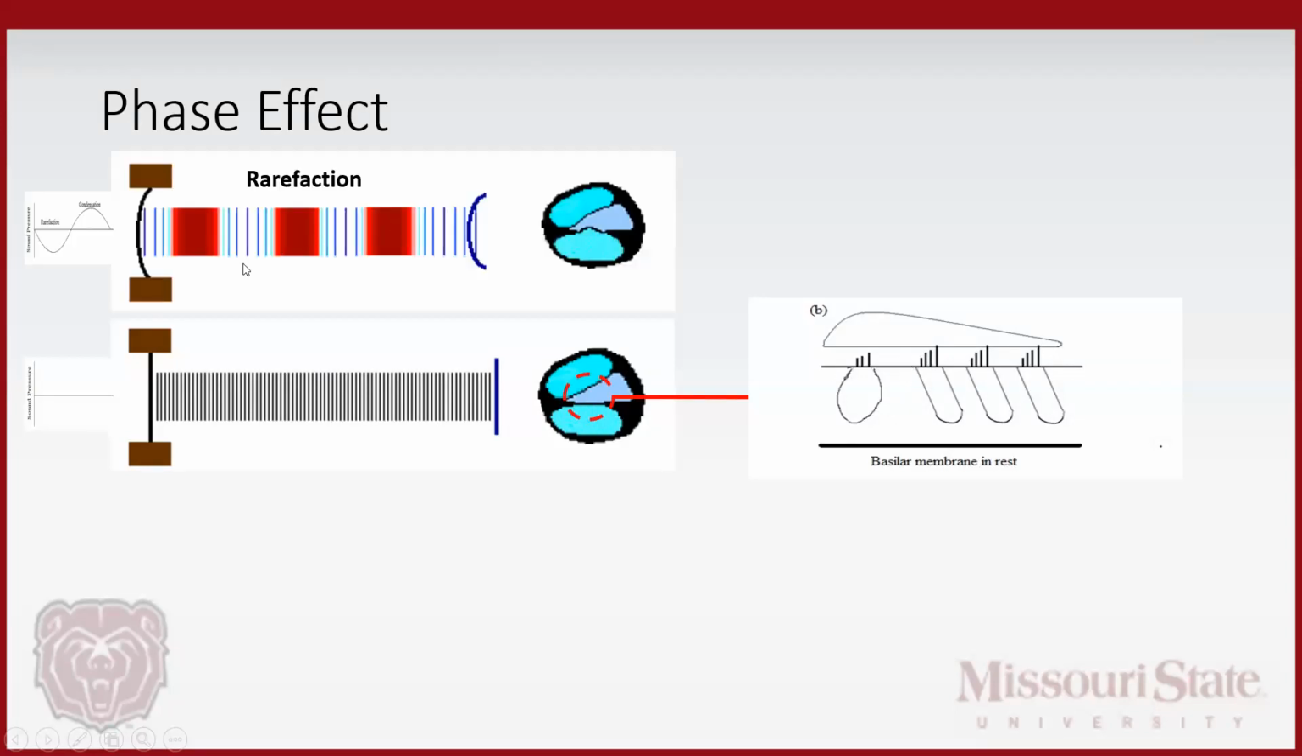However, if we have the rarefaction component hitting the eardrum, so we're starting over here, rarefaction, that means there's a drop in pressure. And when there's a drop in pressure over here, that means the pressure over here is going to be larger, and the eardrum is going to be